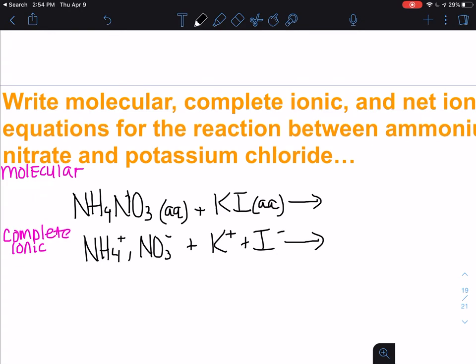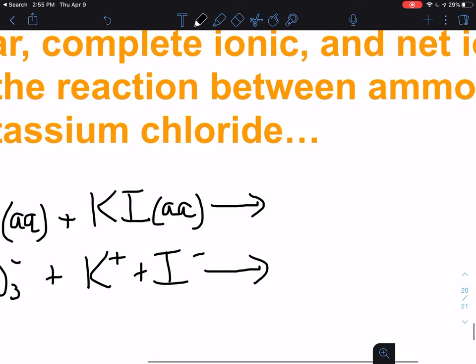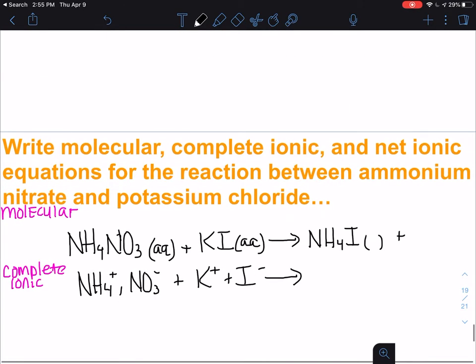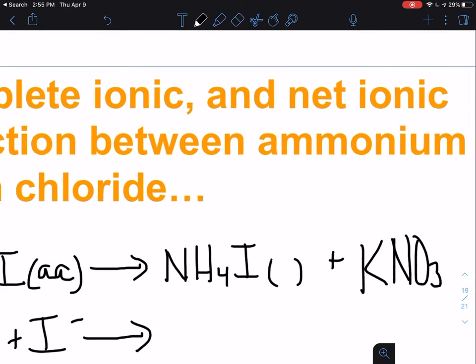I know that this ammonium is going to pair up with iodide, so it's going to be NH4I. I don't know what the phase is, plus potassium nitrate, KNO3, and, oops, I'm trying to zoom in, it's not working,